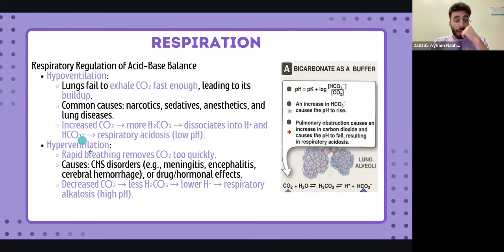For hyperventilation, there is rapid breathing that would remove carbon dioxide too quickly out of our blood, lungs and body, so there is a very decreased carbon dioxide, less bicarbonate, and less breakdown into hydrogen. That will lead to respiratory alkalosis, which is a higher pH. You need to know the details of each process here because you might be asked on it, as it's a very, very important